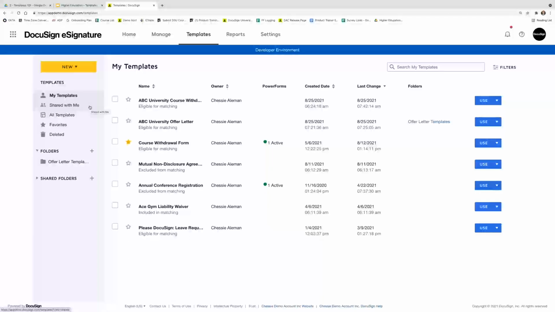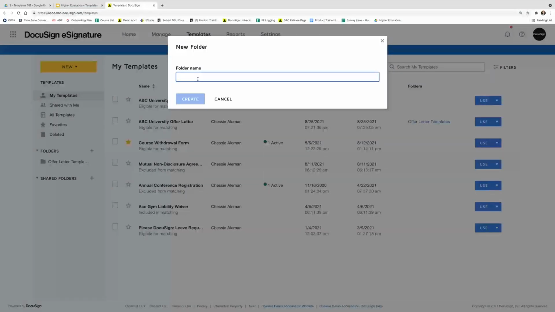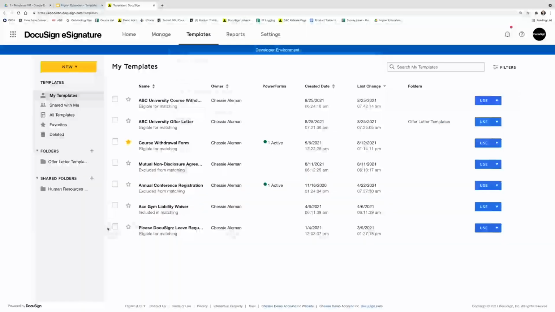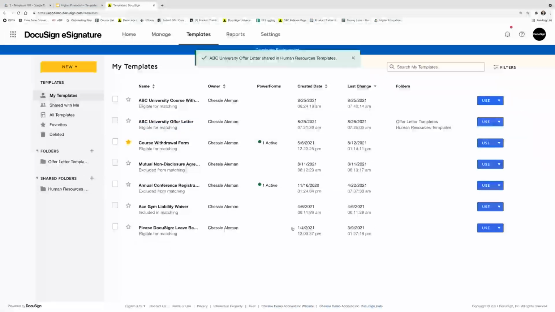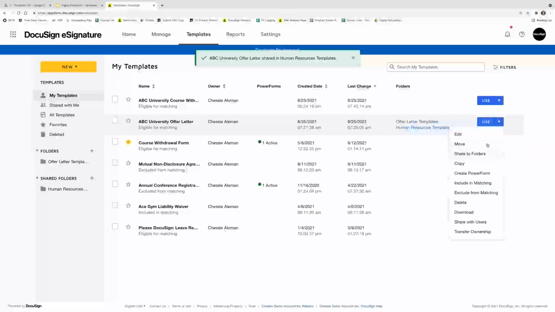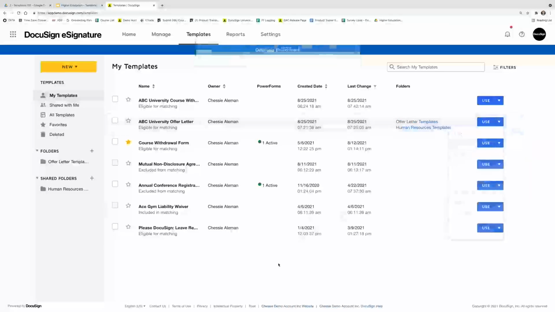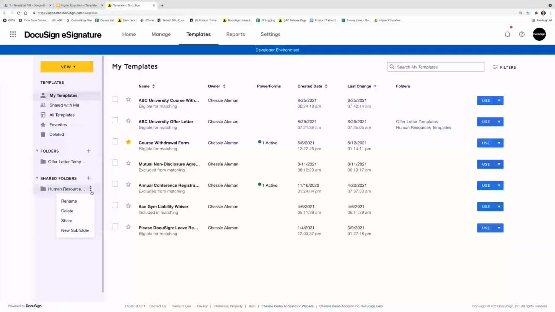Now, the other way that we can share templates is by creating a shared folder. So on the left for shared folders, I can click the plus icon and give it a name. So maybe I'll call this Human Resources Templates. I'll click Create. I'll drag that offer letter template into the folder, or I could have also used that move option, same thing. And now if I want to share this folder with users, I can click the ellipses and